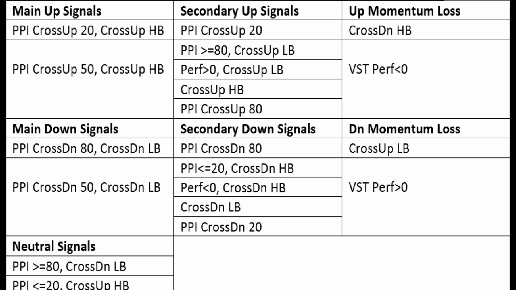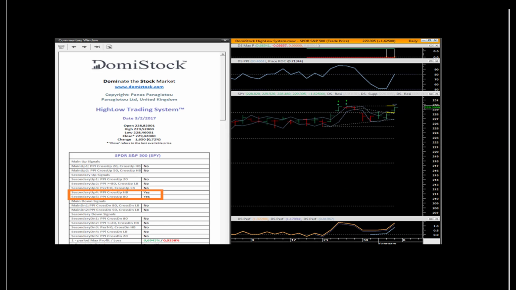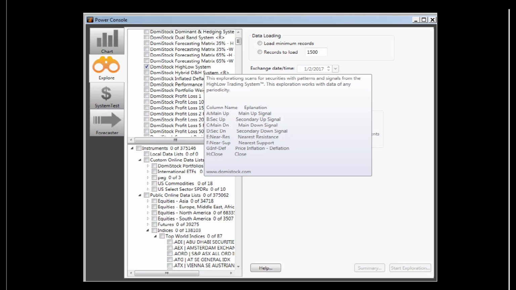To start using the high-low trading system, the user can apply the high-low trading system's template to any chart. The high-low trading system expert automatically identifies and interprets all of the system's patterns. The high-low trading system's exploration scans securities looking for those forming the system's patterns,